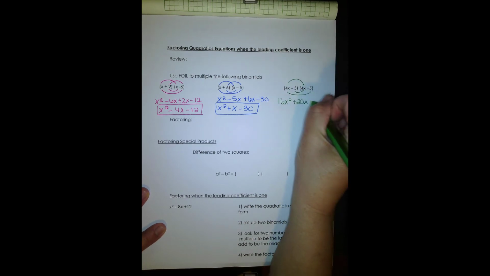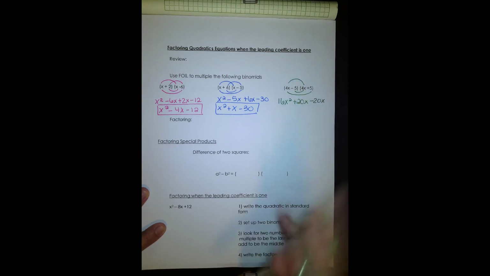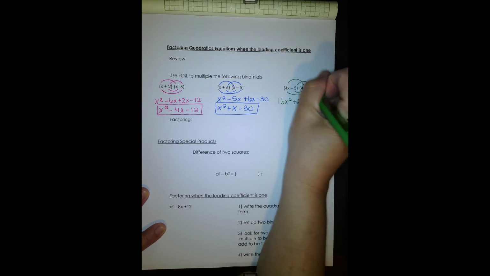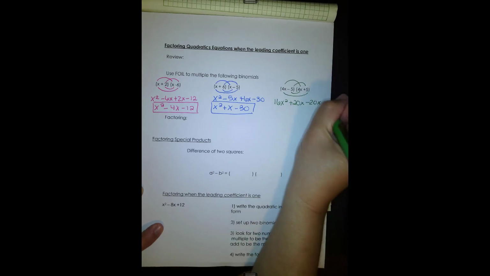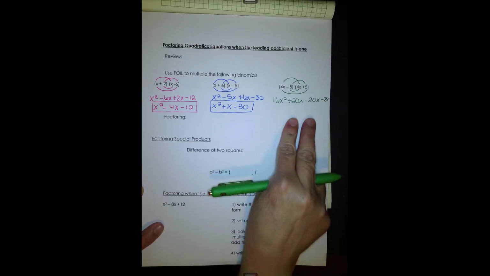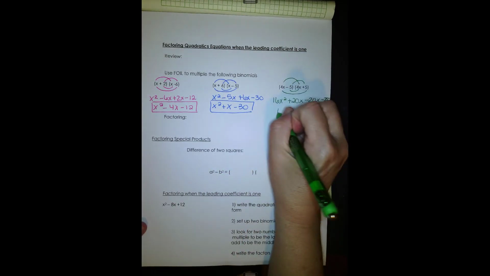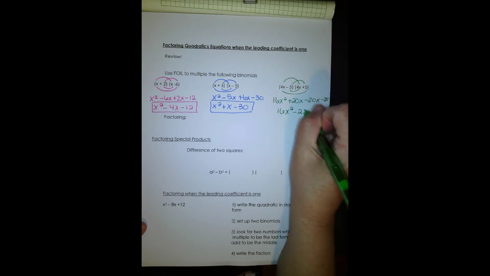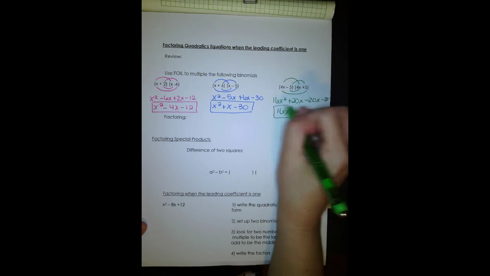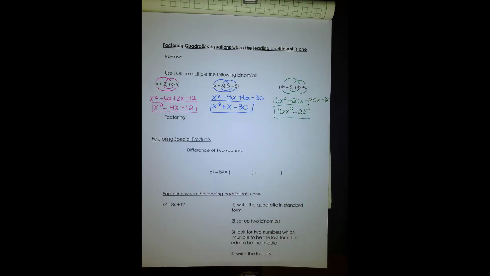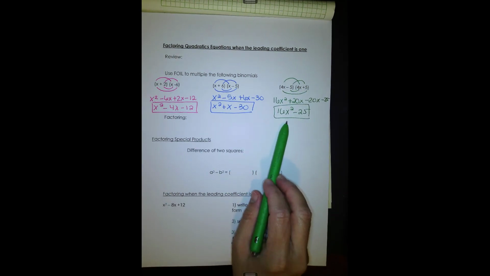Inside times inside minus 20x. And then finally, last times last, minus 25. Our two middle terms, notice they're opposite of each other, and we end up with 16x squared minus 25. Those two middle terms cancel out,